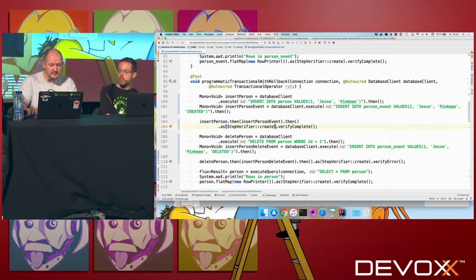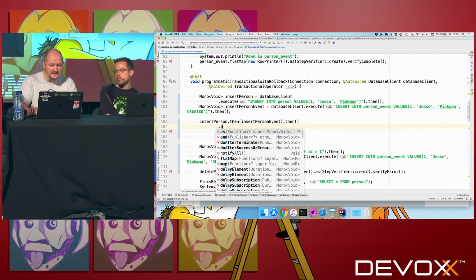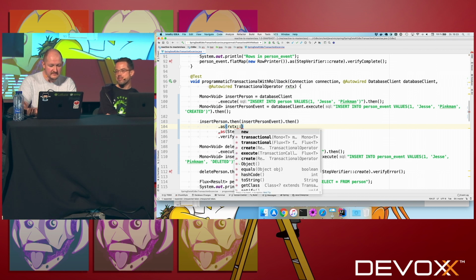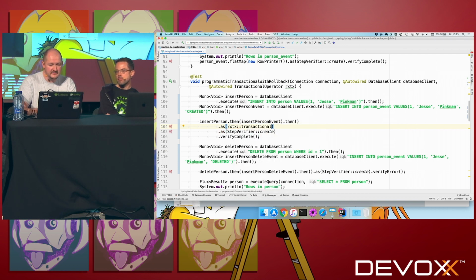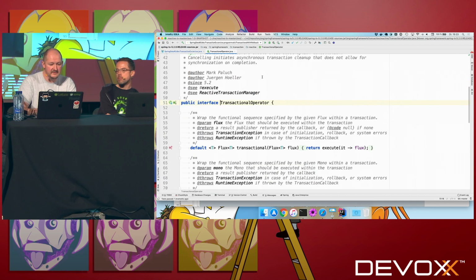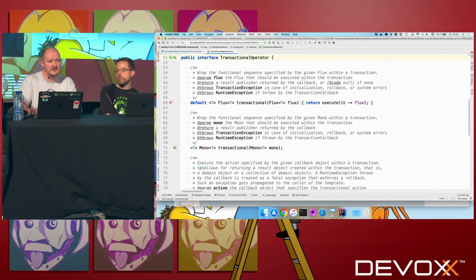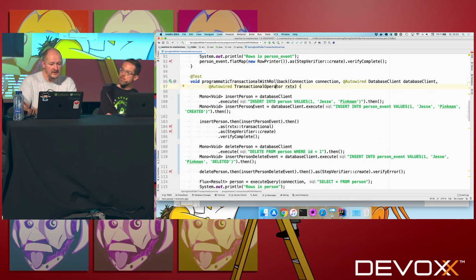Adding transactions in a programmatic way is as easy as rxtx transactional, and rxtx is a variable name for the transactional operator. The transactional operator is the programmatic facility and the counterpart to transaction template that you might be already familiar with from Spring's transaction support, and you can wrap any Mono or Flux within a transactional operator. To associate a transaction with your flow, it's as easy as putting as transactional operator transactional into your flow,